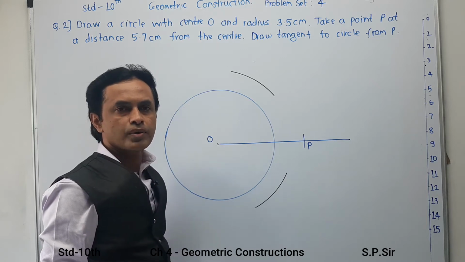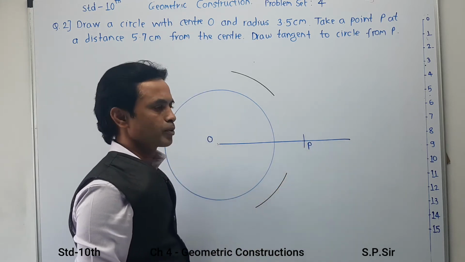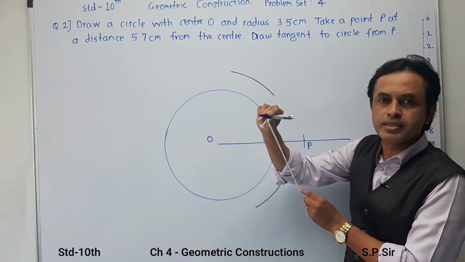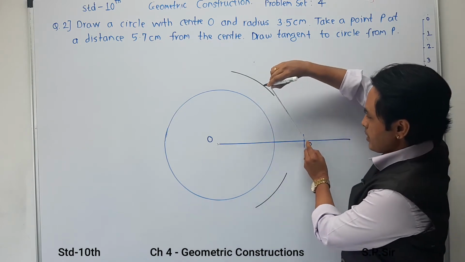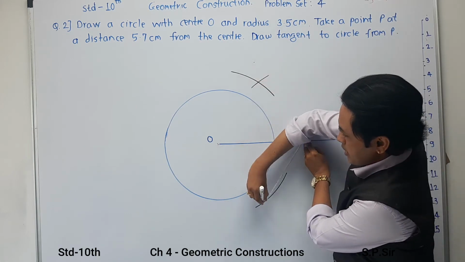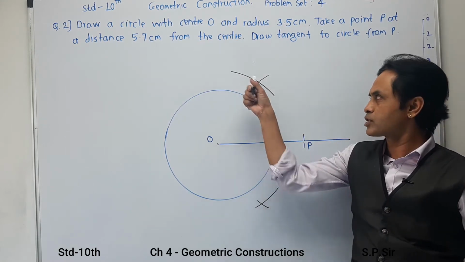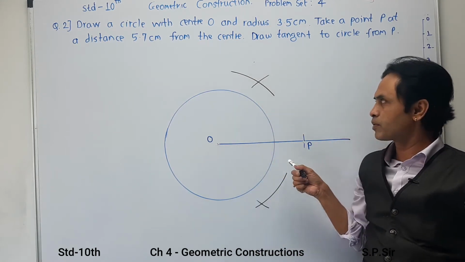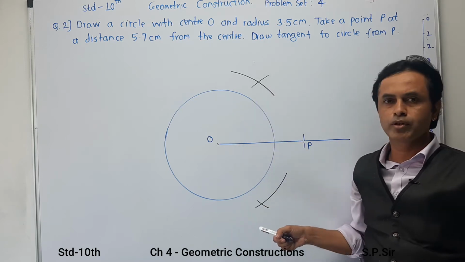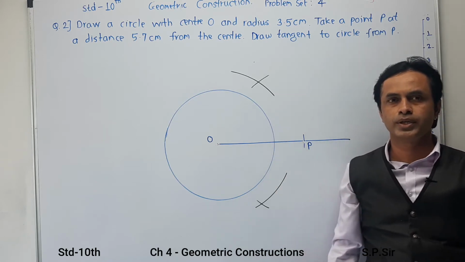Your first arc is always larger. Now taking point P as the center, you are going to make two marks, keeping the distance the same. First mark upstairs and second mark downstairs. Remember, your first arc is always larger, and your second arc is comparatively smaller. Students, do not erase these extra marks that you have made over here.